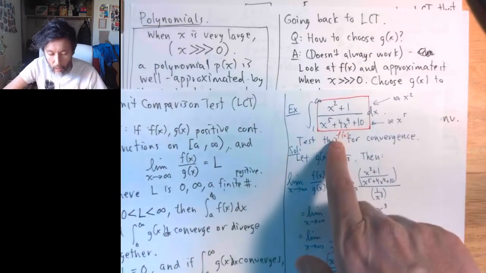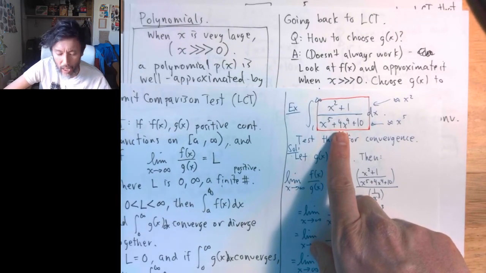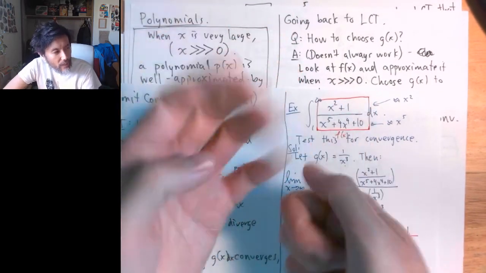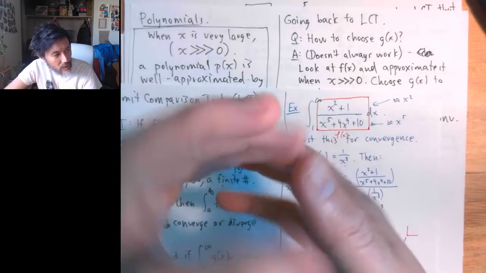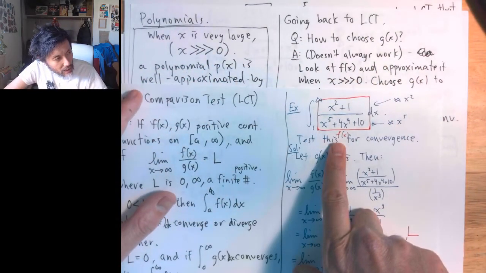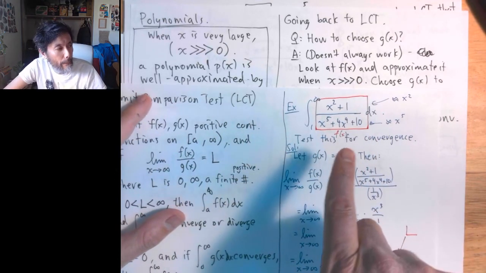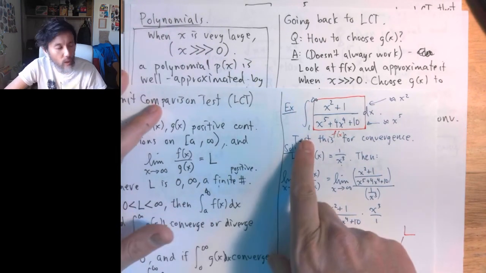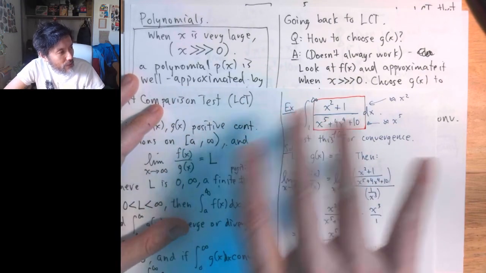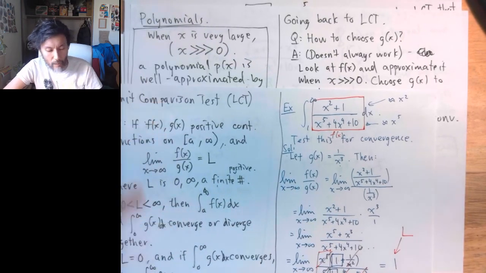And whenever the integrand of the integral that you're given is algebraic, and by that I mean it involves plus, minus, division, multiplication, and powers, whenever it's just an amalgam of those things, and it doesn't involve sines or exponentials or things like that, then you can always choose g of x to be a p integral, as long as your improper integral is singularity free. But again, remember, the singularity case is something that we're not discussing in this class for this semester,